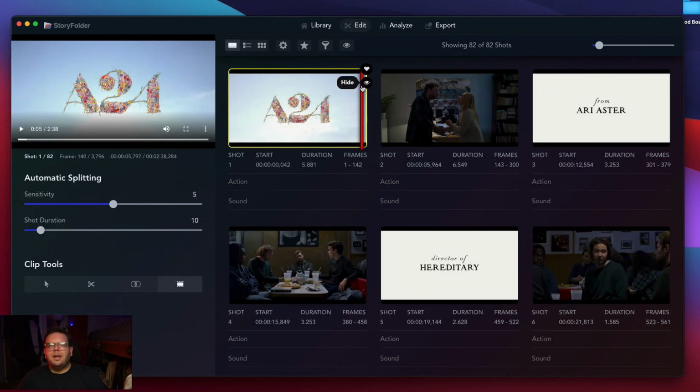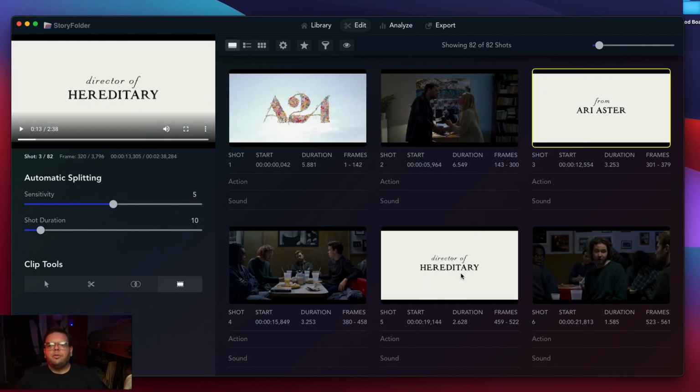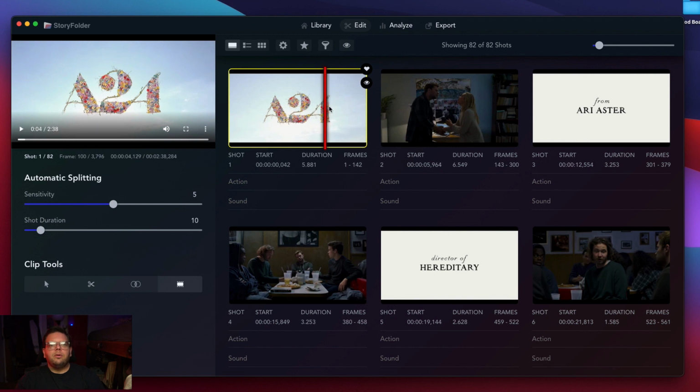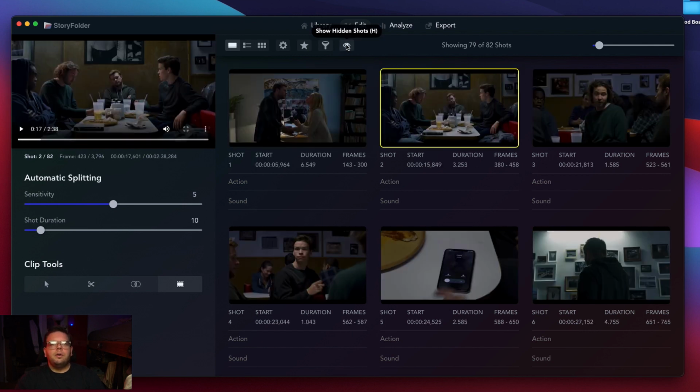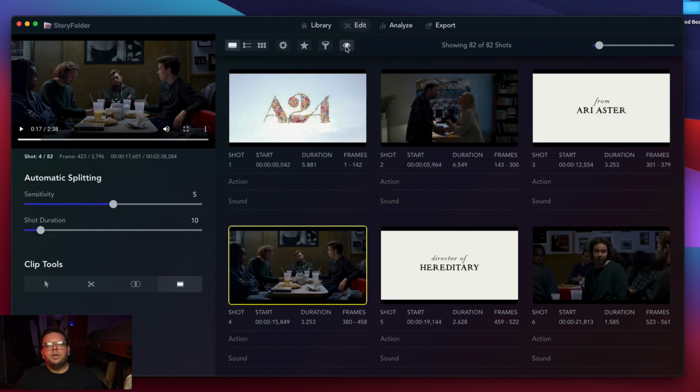So let's just say that we wanted to ignore these three title panels. So we could just hit the hide button on all three of these. And then up here, if we want to toggle the hidden shots on and off, we can just enable them